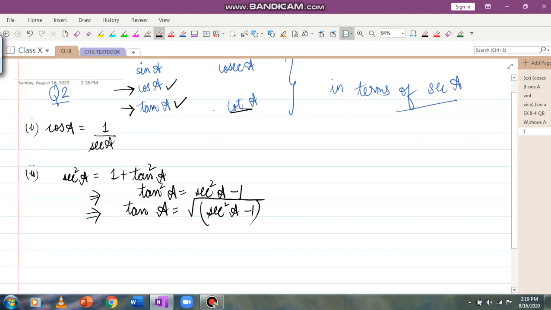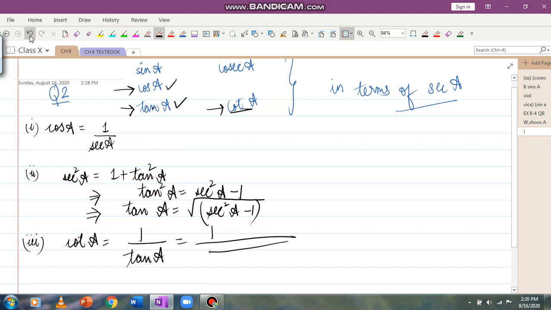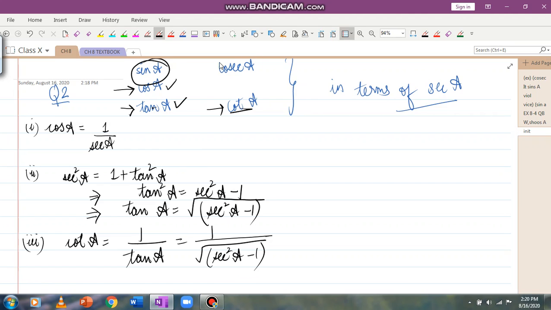After tan, I'm going to cot because cot is the reciprocal of tan. Cot A is equal to 1 over tan A. So I'm going to write down the reciprocal of tan A. Now I'm left with sine A, cosecant A, these two. And I will need to think of a way to find out the relation of sine or cosecant with secant A. And what I'm going to do is I'm going to use tan again.